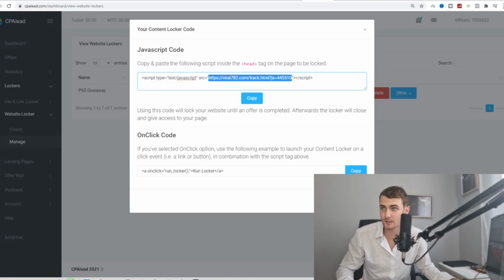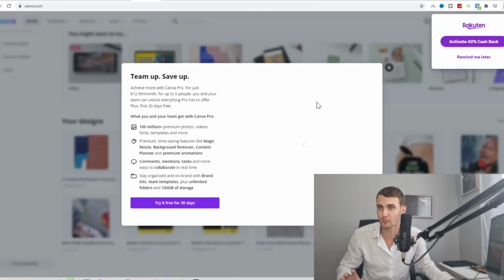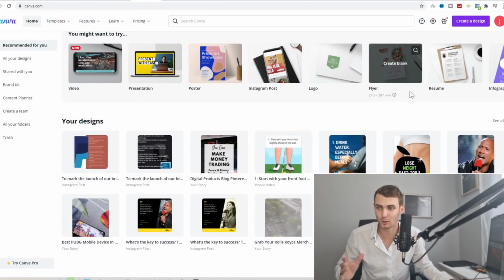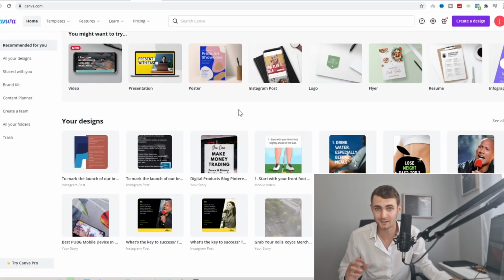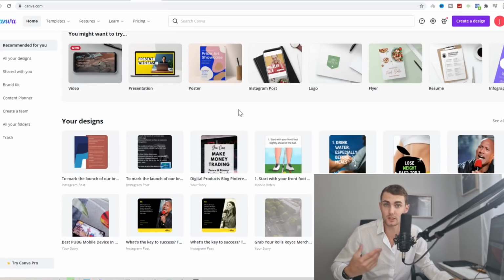This is going to lead to step number 3. Step number 3 is we want to come over to a website called canva.com. Now, believe it or not, this little graphic design website is actually what's going to make this entire viral ripple effect. So I'm going to skip all the hard work and basically show you what I did and give this to you, and I'm also going to explain why.